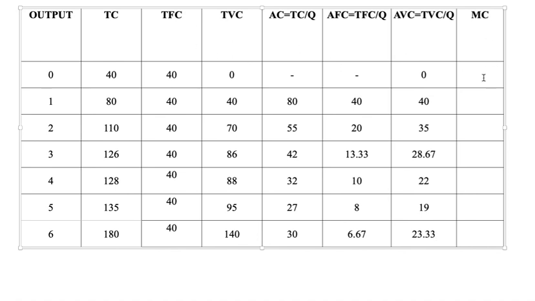Now we have marginal cost. How are we going to calculate marginal cost? We are going to calculate marginal cost from the total cost data which is given here. So here we have nothing. Now this is 80 minus 40, because marginal cost is equal to TCn minus TCn minus 1. So 80 minus 40 is 40. Then we have 110 minus 80, which is 30.